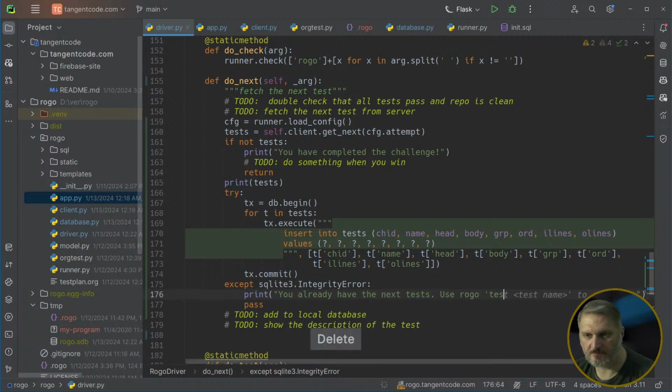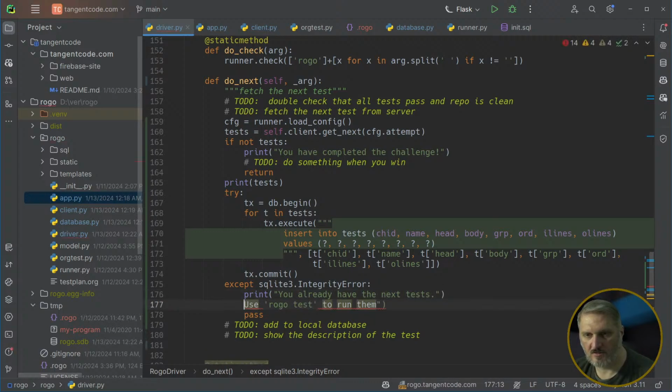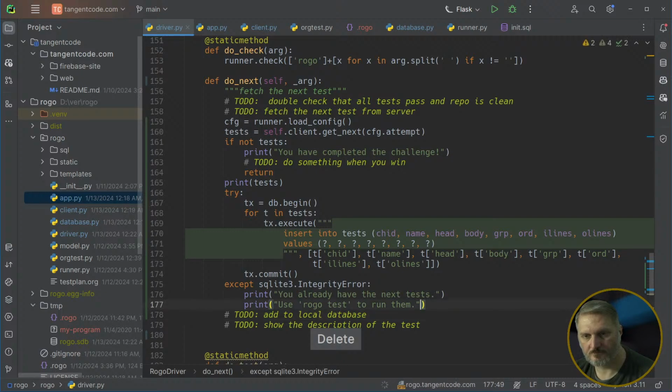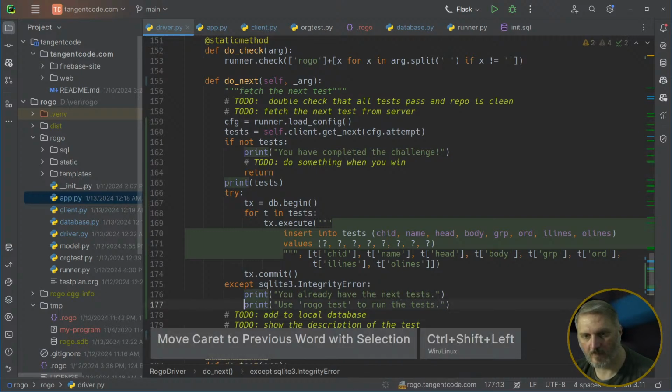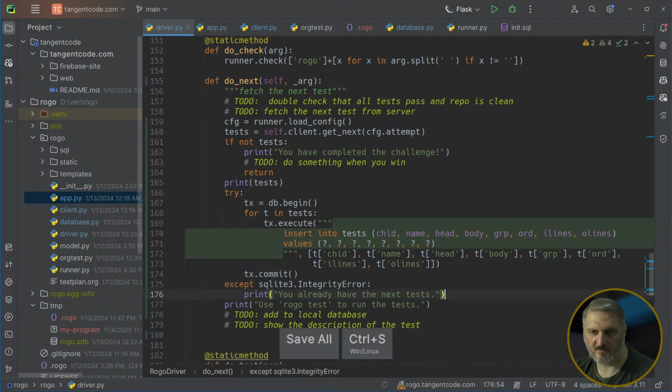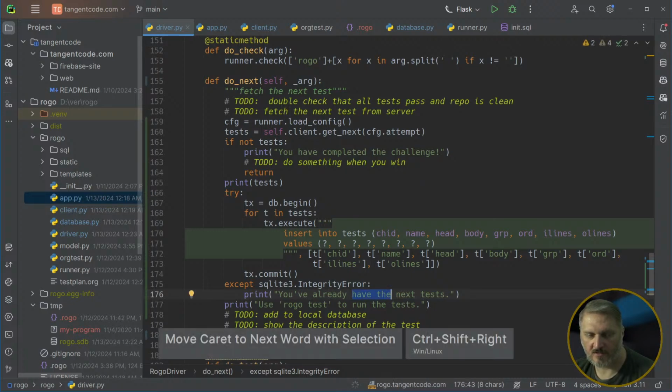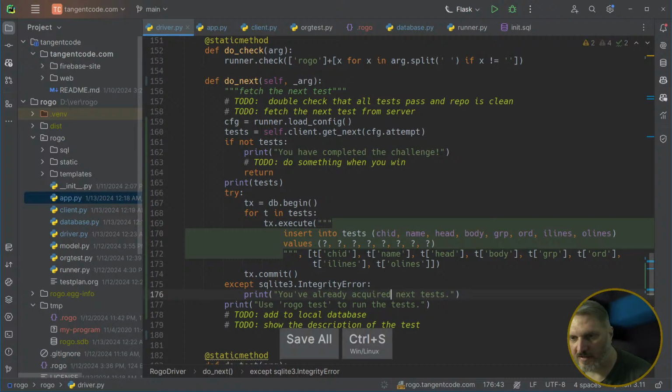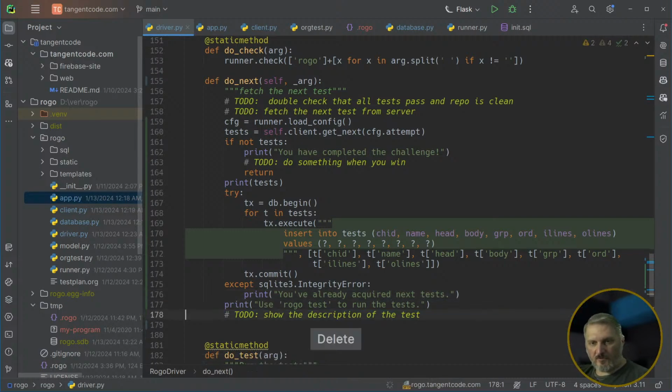Rogo test to run them. All right, so there we add them to the local database, and then